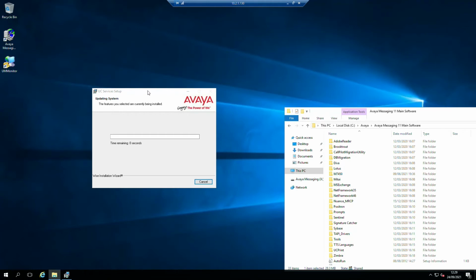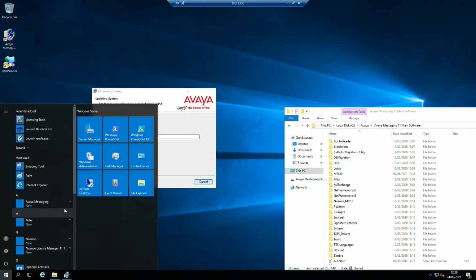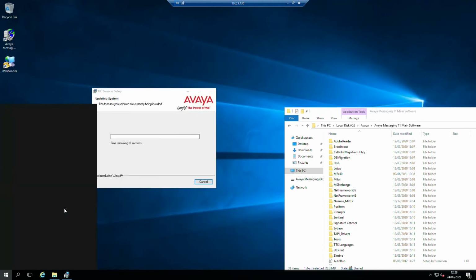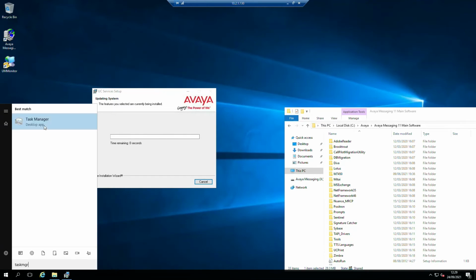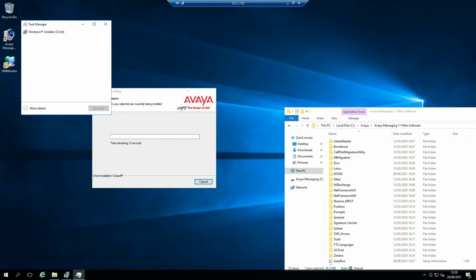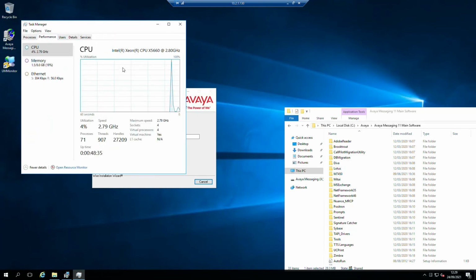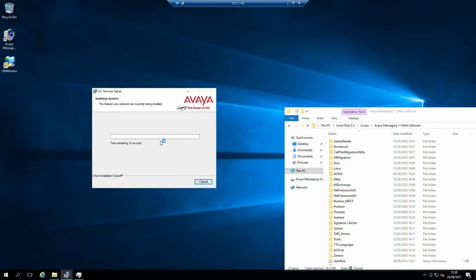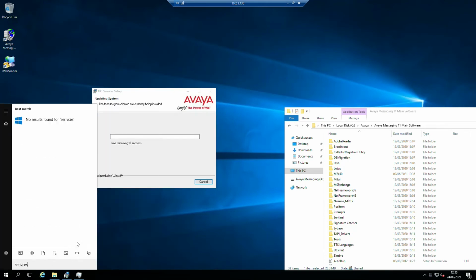And then this is the bit that takes the most time after the install is done. If we open Task Manager just to make sure it is still doing something, yeah, it's still busy doing some stuff. You'll probably find it has finished installing the software, but it's starting all of the services now. So we just need to be patient and wait for it,